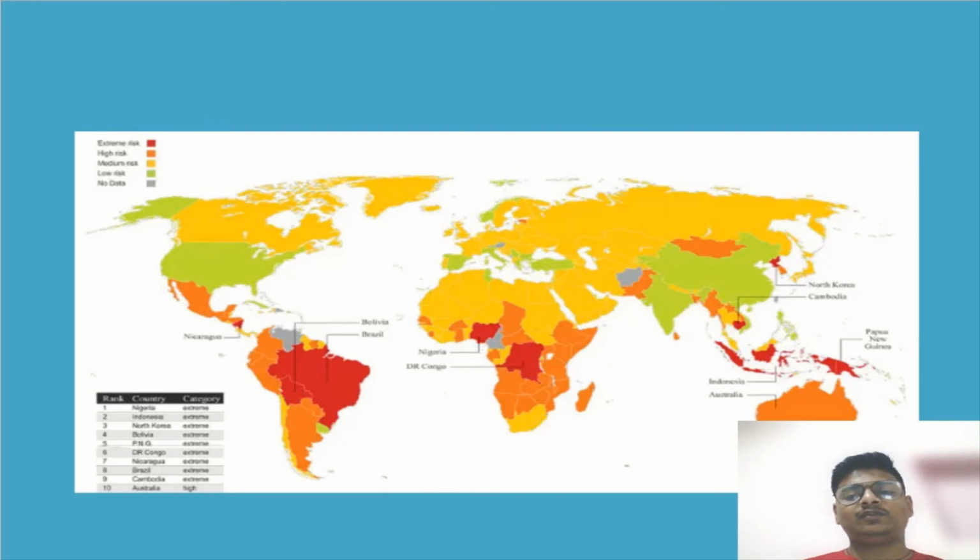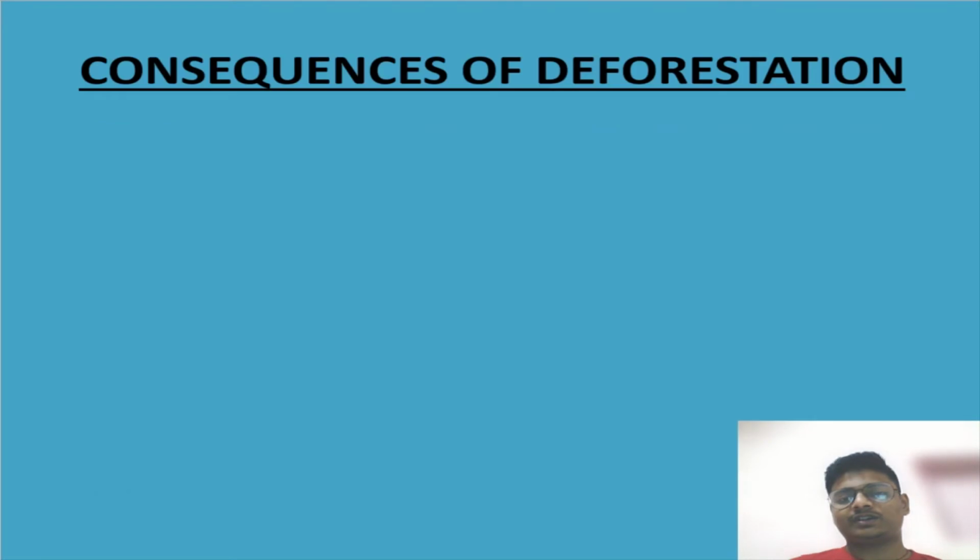Till then I will tell you that due to deforestation, the climate of the whole earth has changed drastically. Okay, the temperature has risen and slowly it is leading to global warming. This is the consequence of deforestation. Now let's see what the consequences of deforestation are. Okay students,